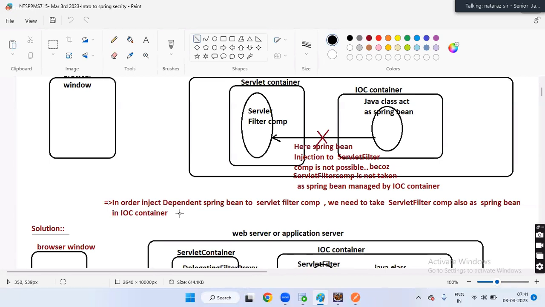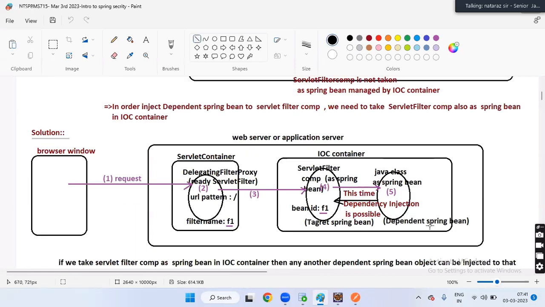What is that, guys? Delegating filter proxy. Check it out. In order to inject a dependent Spring Bean into the servlet filter component, we need to take the servlet filter component also as a Spring Bean in the IOC container. This is a normal Java class acting as a Spring Bean. So injection is possible now, boss.